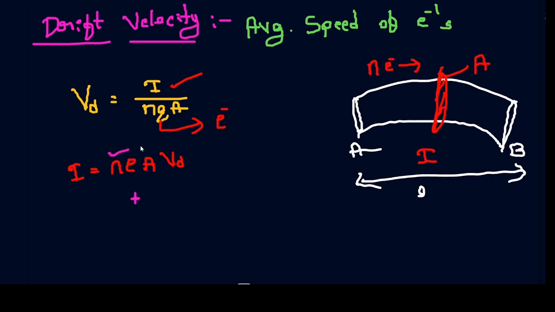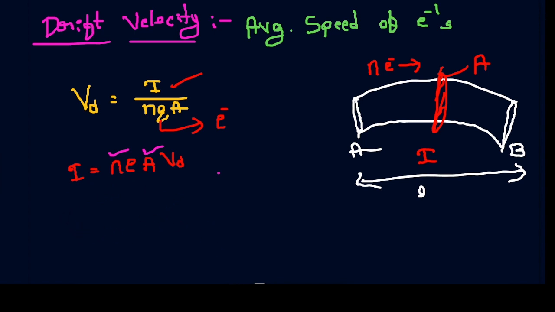So here you can say, if you consider positive charges, then what happens? The charge is a constant, area is a constant. In order to maintain the sign of this electric current positive, velocity should be positive, right? But if we consider the charge negative, then in order to keep the current positive, the velocity also has to be negative, right? So here you can understand that. So what is the flow of current? Current always goes from